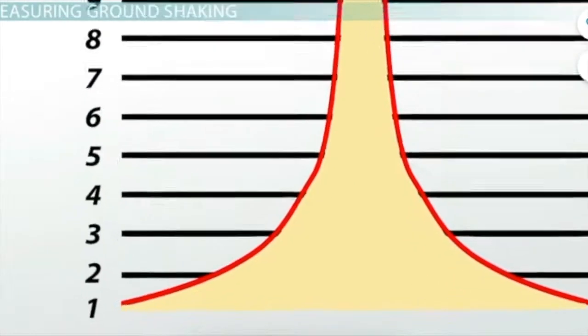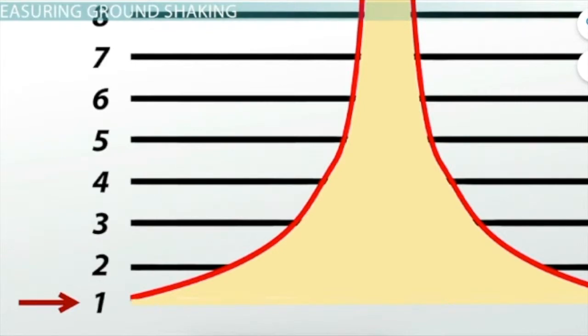Say we have a magnitude 1 earthquake on the Richter scale, which is the lowest magnitude earthquake. Compare that with a magnitude 2 earthquake, which is only 1 step higher. Remember, the scale runs from 1 to 10, and you now have 10 times more ground shaking than with the magnitude 1 quake. Take another step up the scale, so from magnitude 1 to magnitude 3, and this is 10 times more than that first step, so we now have 100 times more ground shaking with just 2 steps up the scale. That's a lot of seismic activity.